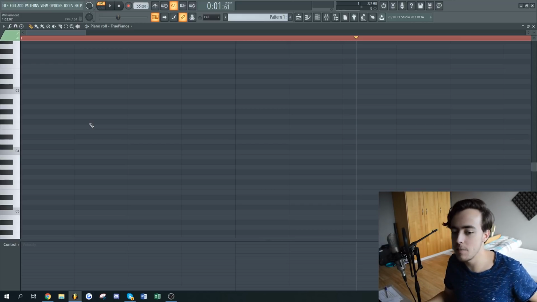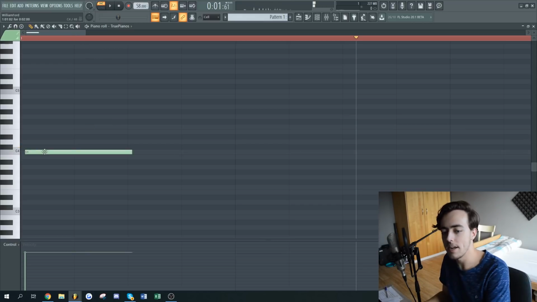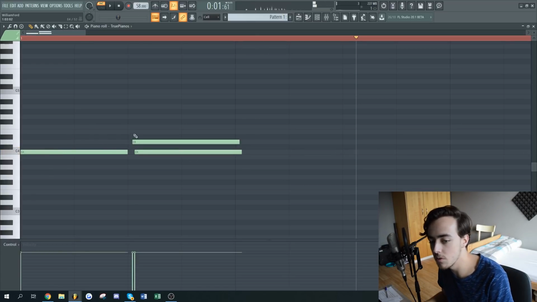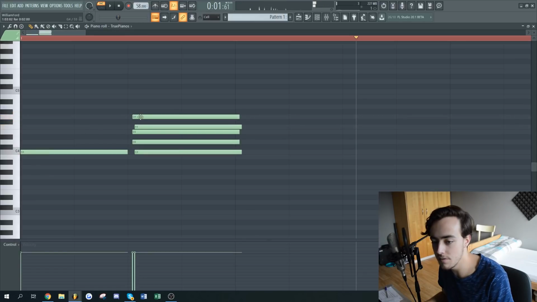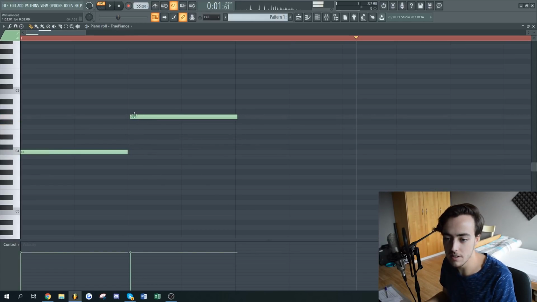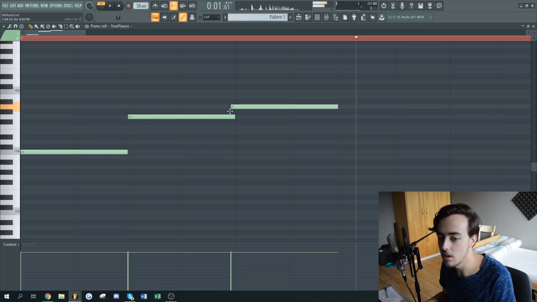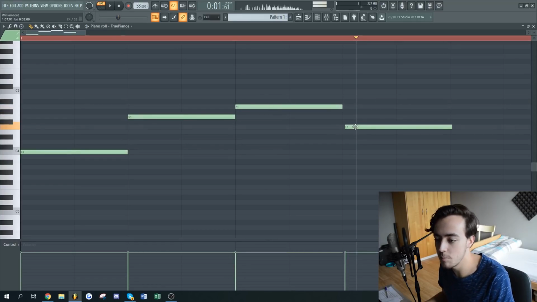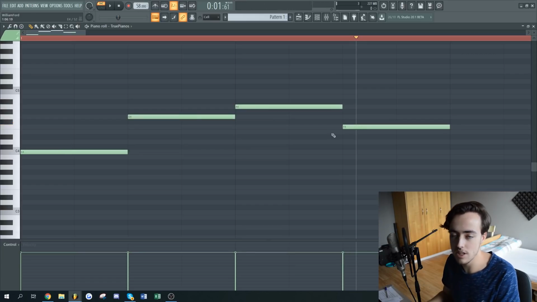So for instance, if we take C major again, because it's an easy key, this right here would be the 1 in C major. Then if we count up, 1, 2, 3, 4, 5, that's the 5 in C major. This right here would be the 6 in C major, and this down here would be the 4 in C major,